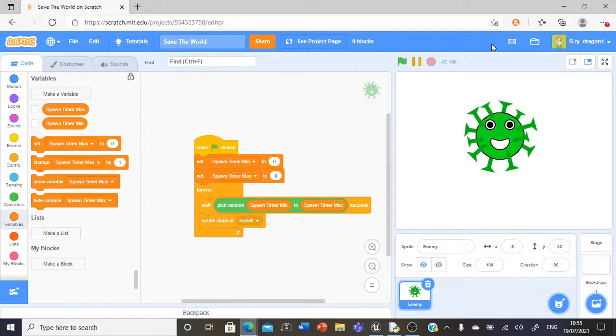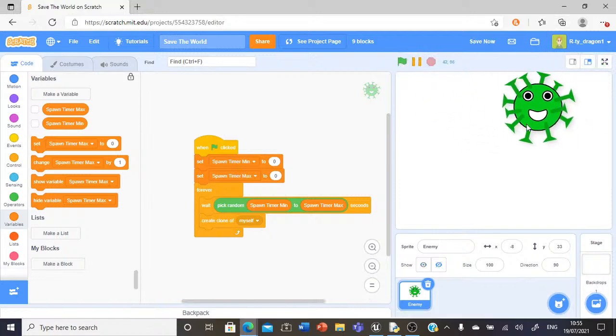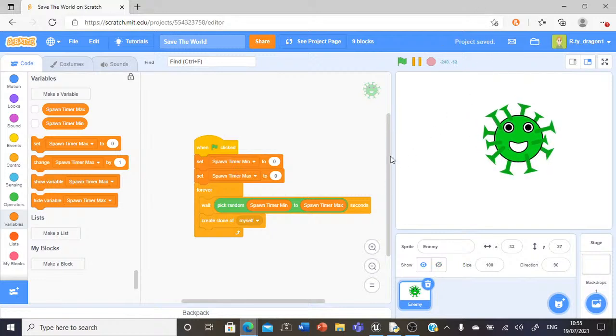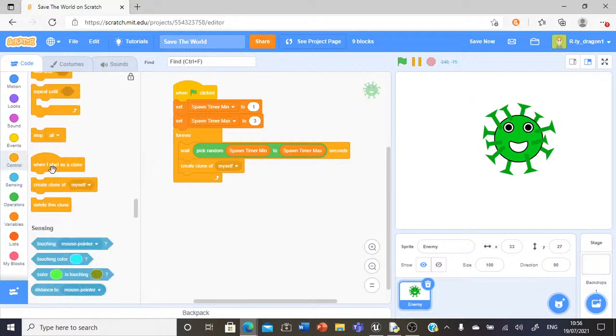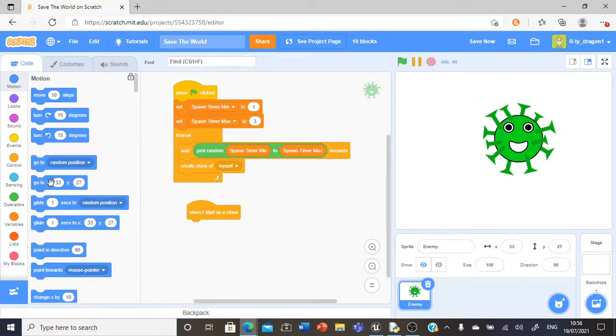I can't really explain it, but okay, let's explain it. So they spawn in, they start gliding down, you've got to catch them, and you get points for catching them. So spawn timer minimum, let's set that to 1, next to 3, and when I start this clone, we're going to go to X, and then